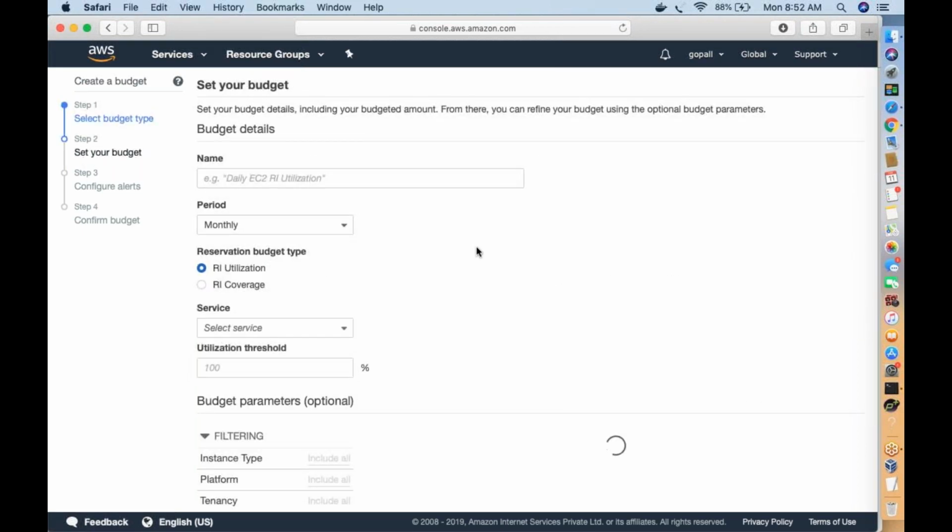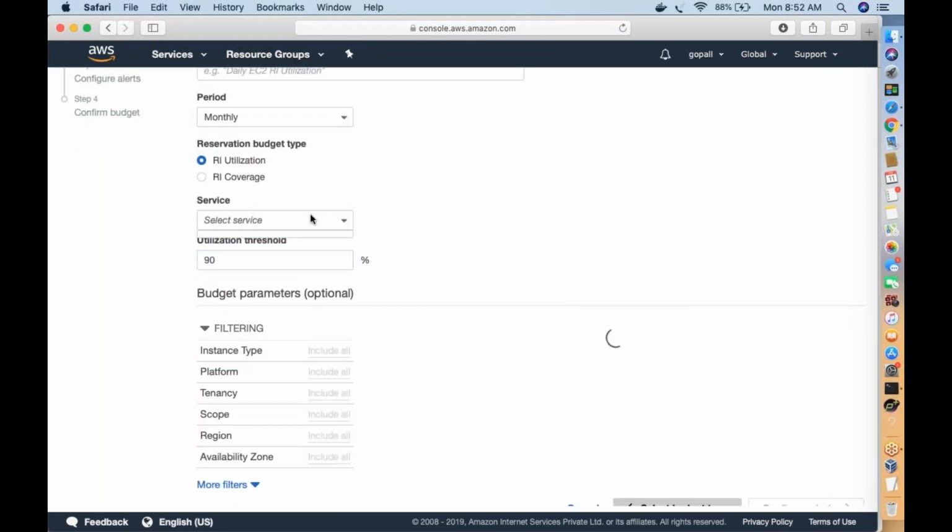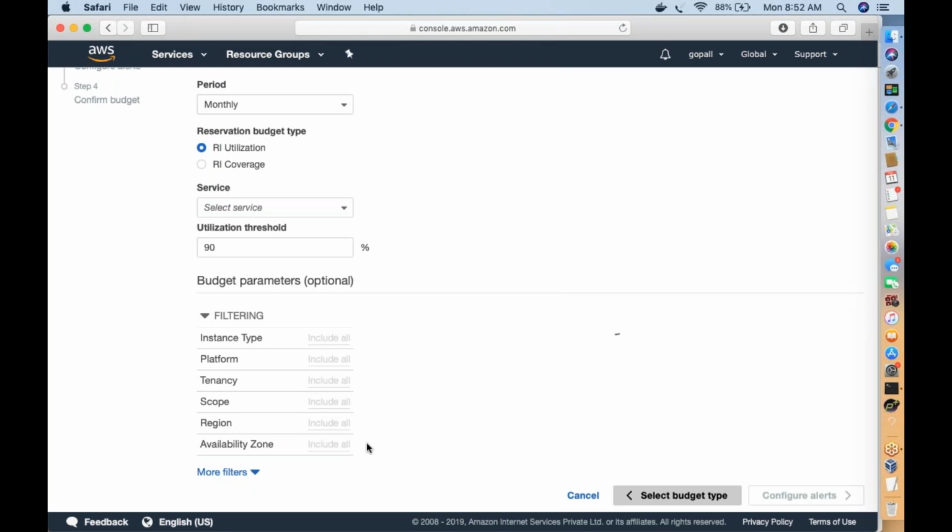Set your budget. So monthly period utilization, if something like 90% has been utilized, send an alert. Then select your service, on what all services you want it. If you want to filter on all the services, you can mention include all.